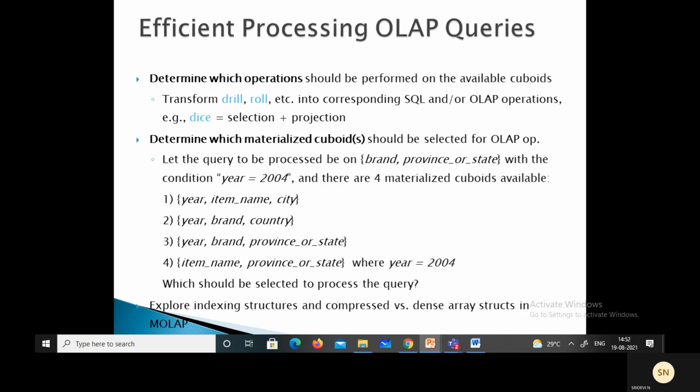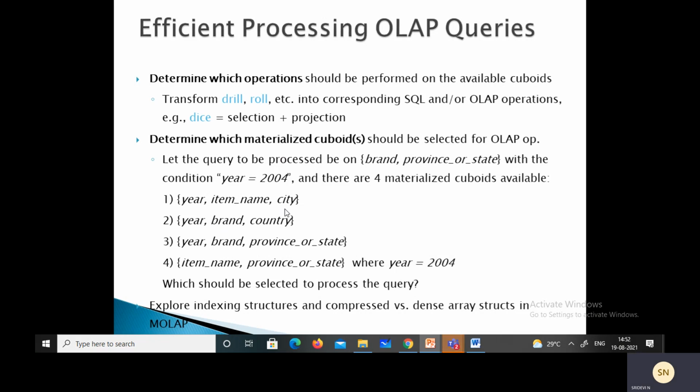Second, the selection clause in this query can imply the selection in the cuboid, and third, the abstraction levels of the item and location dimension in these cuboids are considered.